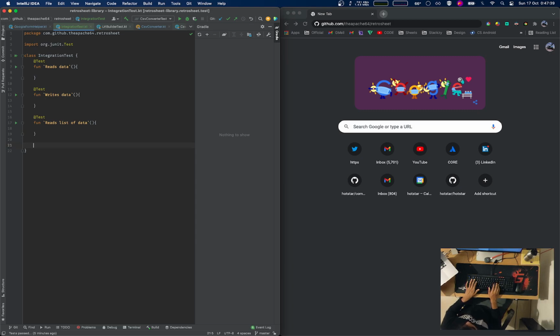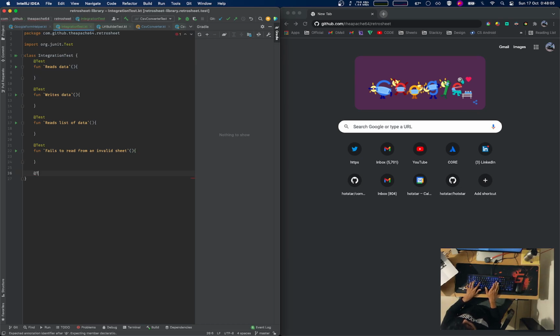Then we can't write a list, so we don't need to test this. We need to check some error scenarios, like reading fails to read from an invalid sheet. Okay,